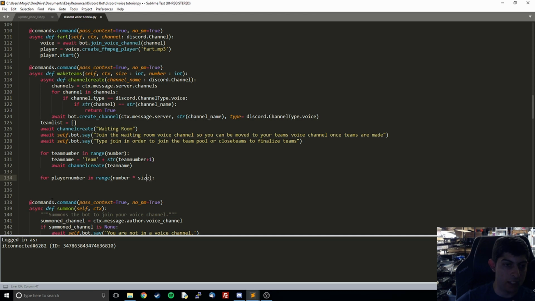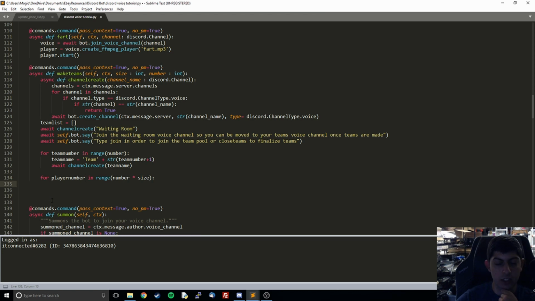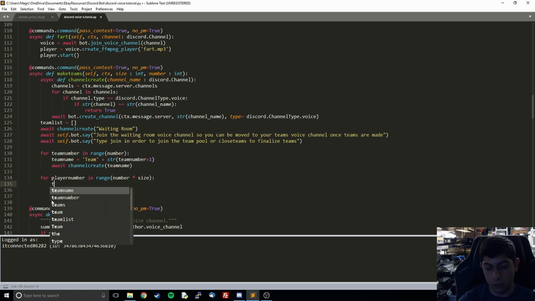So say we want 4 teams of 3. That means we want 12 players to join. So what we're going to do is iterate through that, through the 12, and then what we're going to do